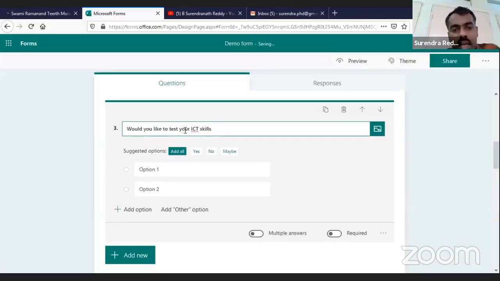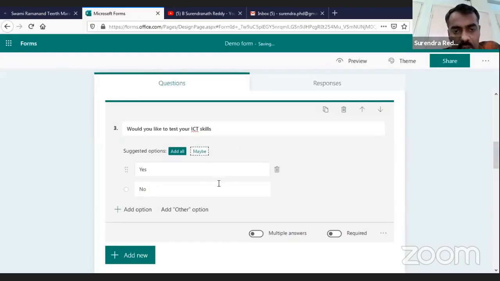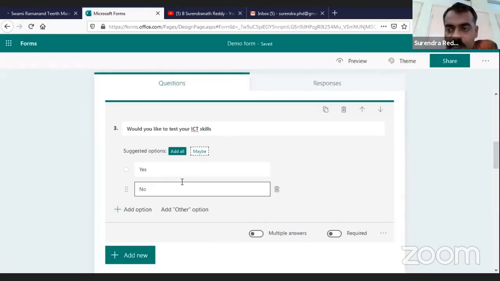Suppose I am going to put a question. Would you like to test your ICT skills? So yes and no. So these two I have added. Suppose he is not interested, then if he selects no, he will directly submit the form. If you want to know, okay, I want to know what my ICT skills are. If you say yes, then you should go further.